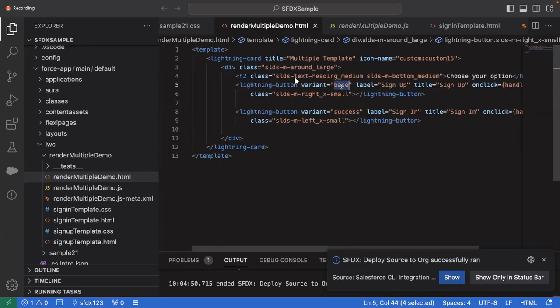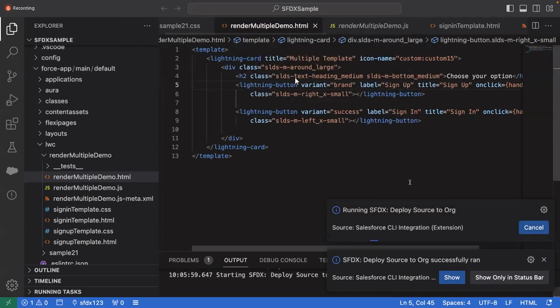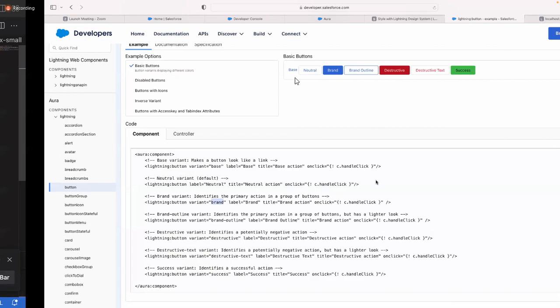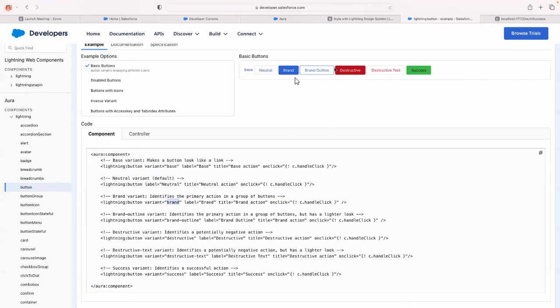But the problem is if the customer is asking for something else. Control Shift P, deploy this to source org, let's make it brand. I want everyone to do this in your system and see the output. Only these 7 I want everyone to do. Please do it in your system and confirm to me. So then the next,